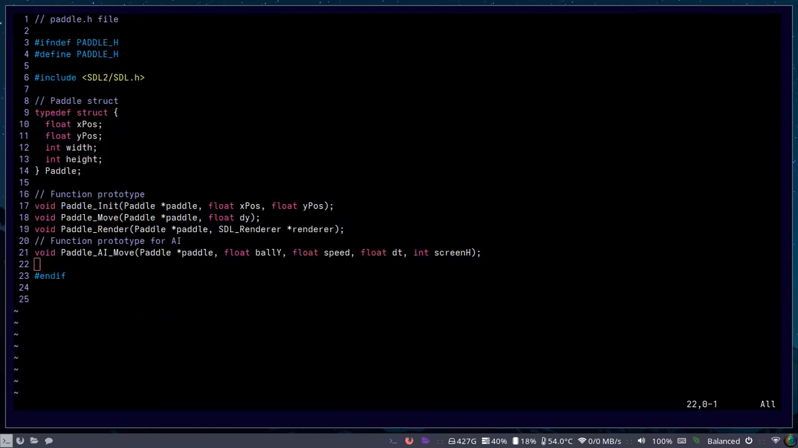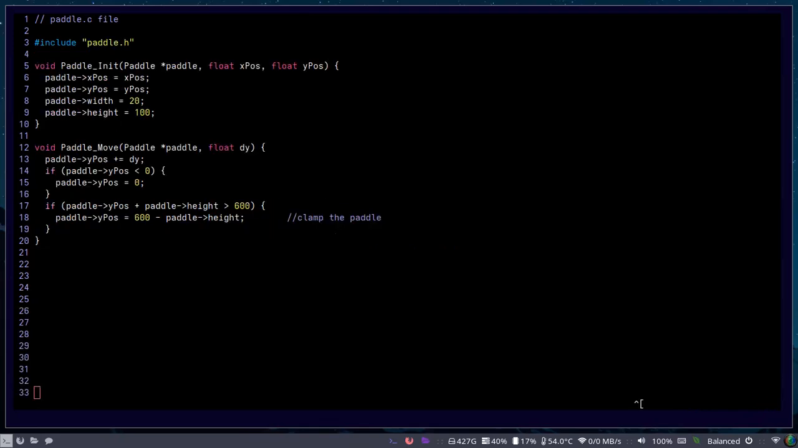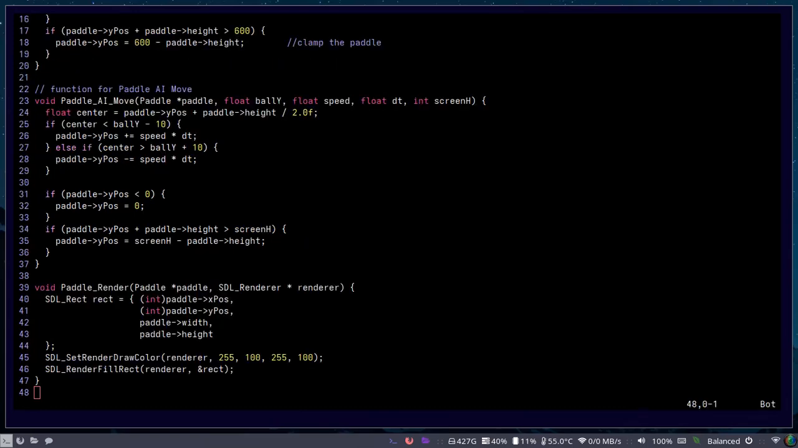Now inside the paddle.h file, or paddle header file, here in line 21, we add a function prototype for our AI. That function prototype is called the paddle_ai_move function. Now inside the paddle.c file, we have our paddle_init function. We have also our paddle_move function. Now in line 23 up to 47, we're going to add our function for the